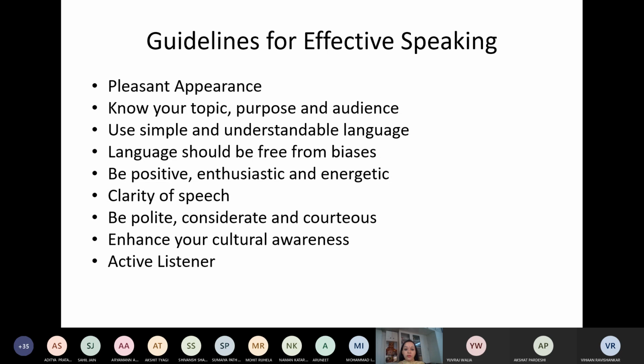But Vihan, you are also right, it's not about expensive, but it's according to the occasion. If you are appropriately dressed up, if you're suited and booted, and of course expensive clothes leave their own impact, because the fabric, the kind of stitching, there is a difference at times, right? So know your topic, purpose, and audience. This gives me an opportunity to, yes, Vihan.